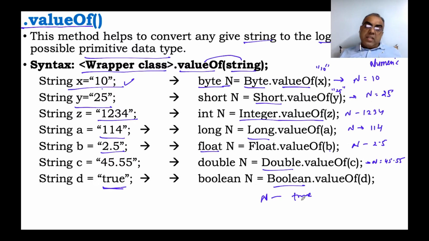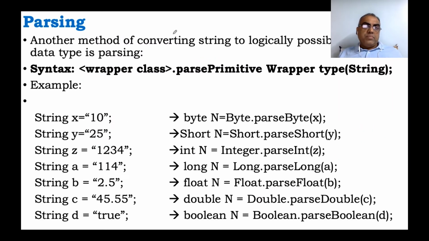So let us understand this with another function before we get into the practical. There is another method that has been given in Java called parsing. Parsing is nothing but converting. It will do the same thing as valueOf, but with its own method. So every class has its own method of parsing. You have the related wrapper class of the data that you have, dot parse, then the primitive type.